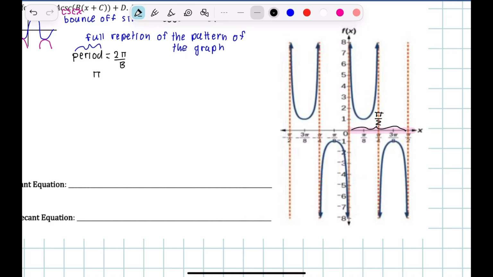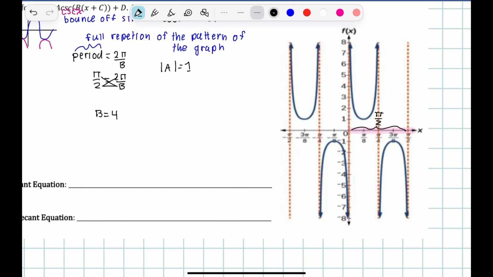So we set the period equal to pi over b, so now we're solving for b. We can cross multiply this, and we can just get that b is equal to 4, and then we have that a is going to